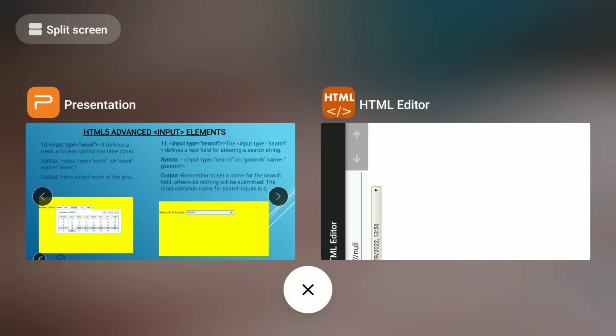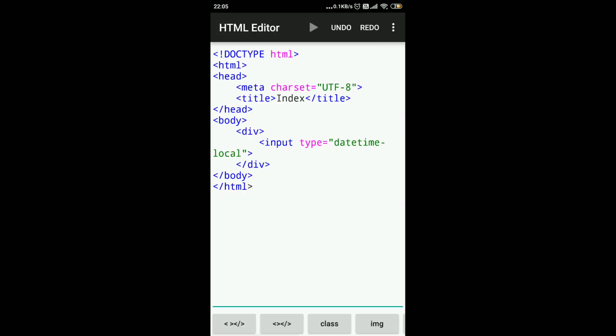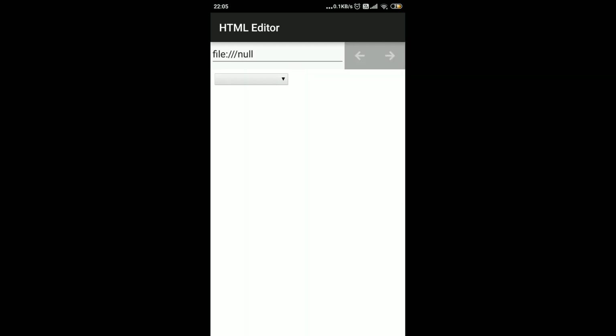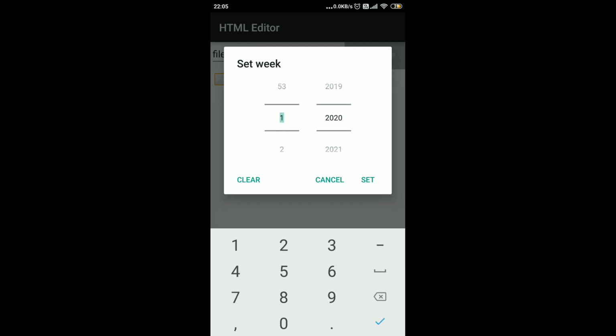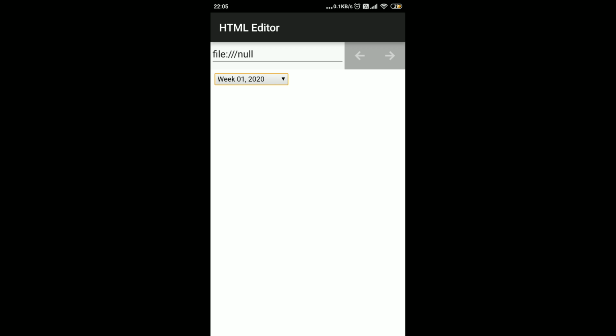So here we can write week. Okay, week. You can see here, first week of 2020 and set first week 2020.